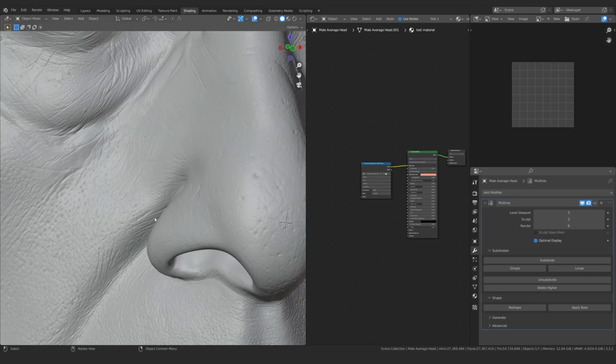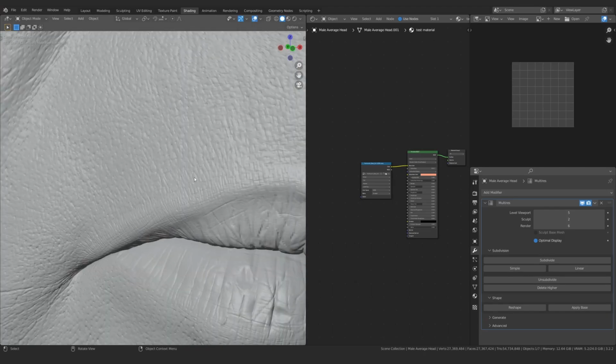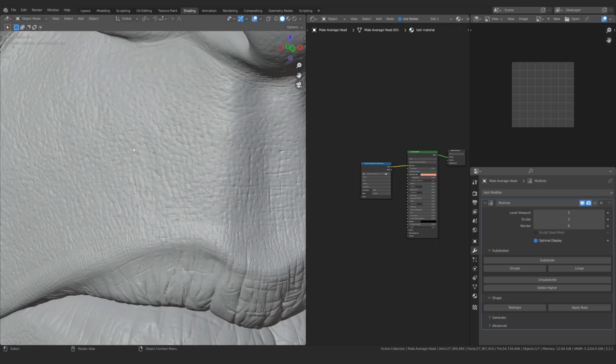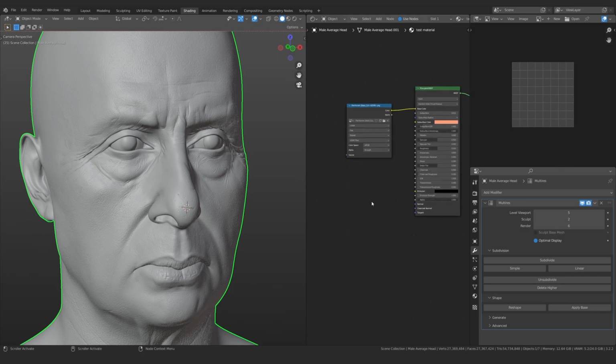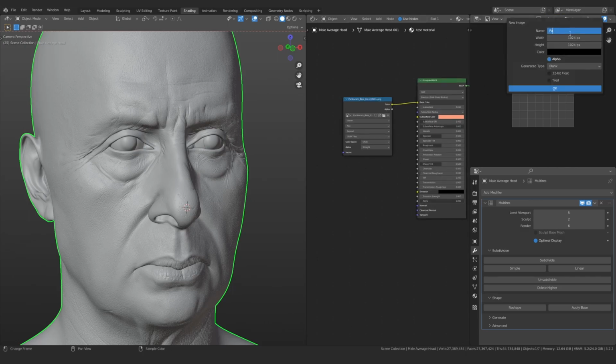Okay, so because of that bug, we need to bake a displacement map now. I originally didn't really want to do that, but because we have this situation, we're gonna have to do it. Now, one of the things that I'll actually tell you, I'm not gonna be baking it from the lowest subdivision, but instead I'm gonna be baking it from the fifth subdivision to the sixth subdivision, so that the difference would be as little as possible.